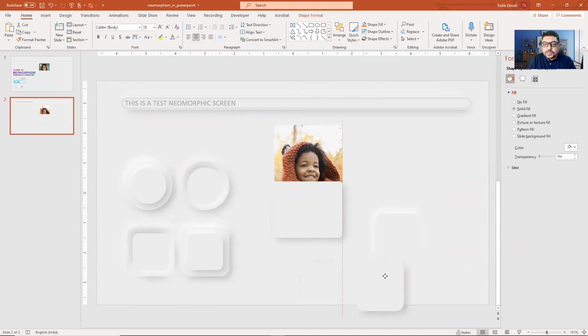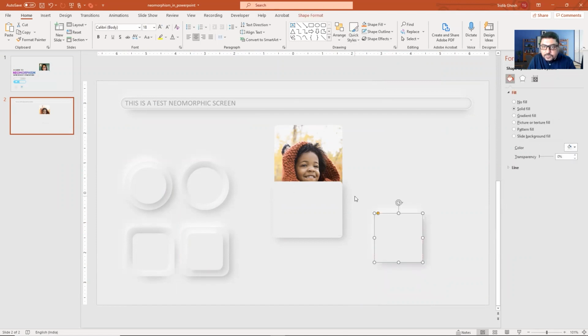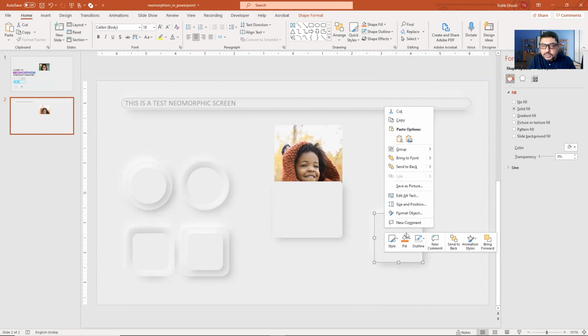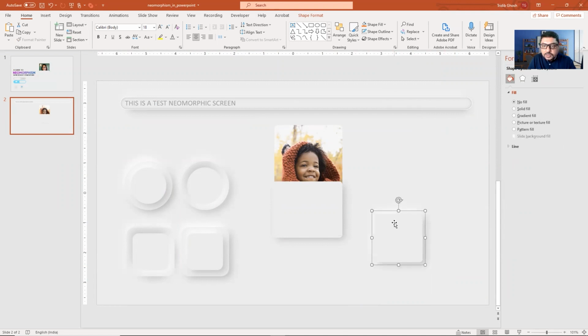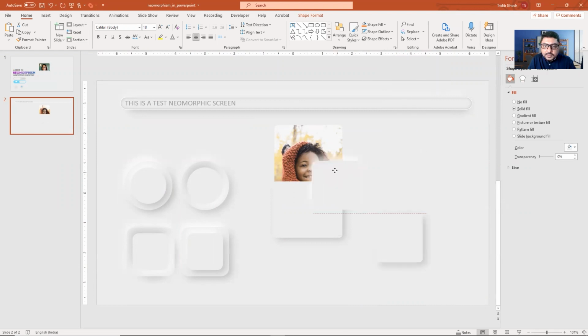One of these tabs. Lovely. We need to curve it a little bit based on the image that we have. Join them together as a group and send them back.